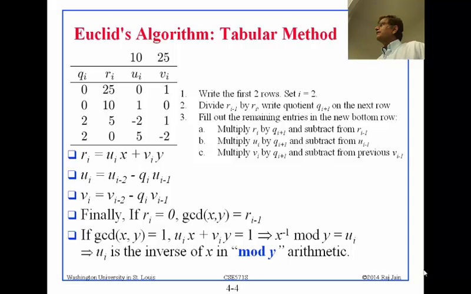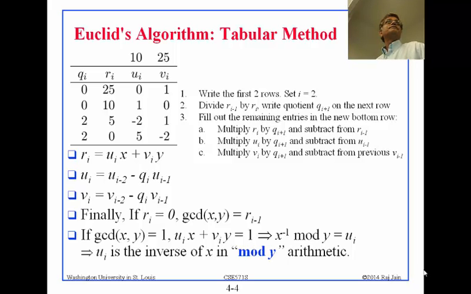Right? So these relations are true. Ui is equal to ui minus 2, this is by design. If you want to figure out how this is related to that, it is minus qi ui, which is how we wrote it in the first place, so that's fine, and so on and so forth. So finally, if Ri is 0, if you get 0 in this column, that means the GCD is the previous remainder,